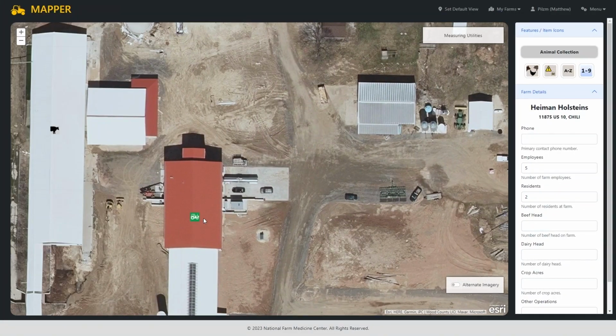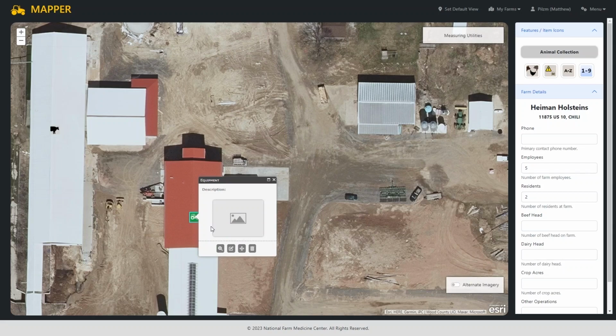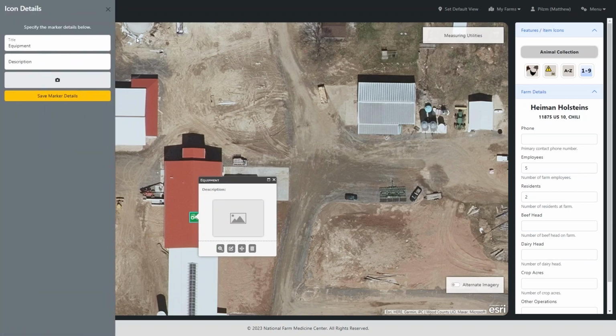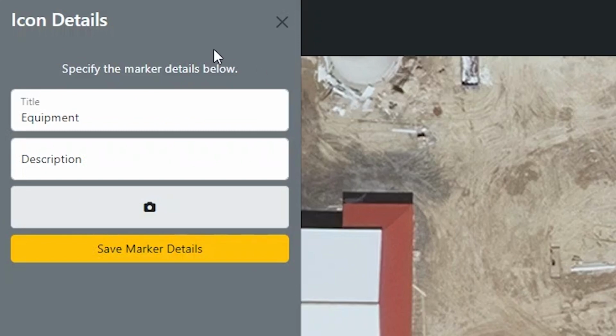Let me demonstrate the edit icon for the tractor. If we click on the edit action, this will fly out a different panel on the left side. Now currently, you can change the title, description, and upload a photo if desired for each icon. In future releases, we will be expanding this so that certain icons will have custom information specific to that type of icon. For now, we can just give it some more detailed title,